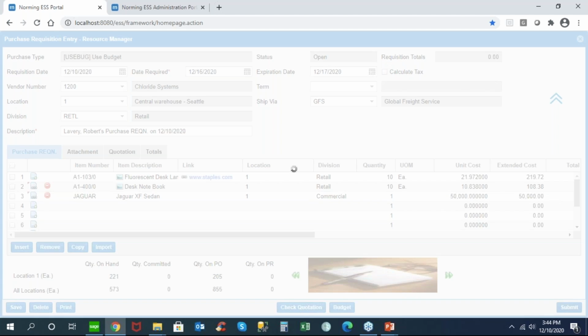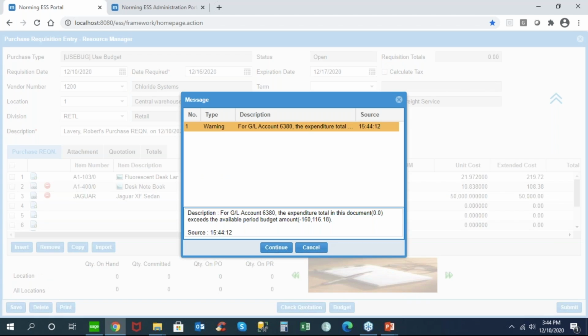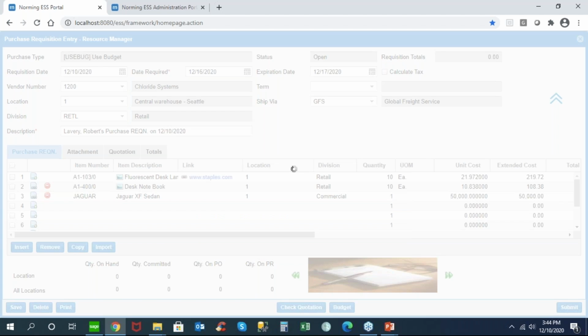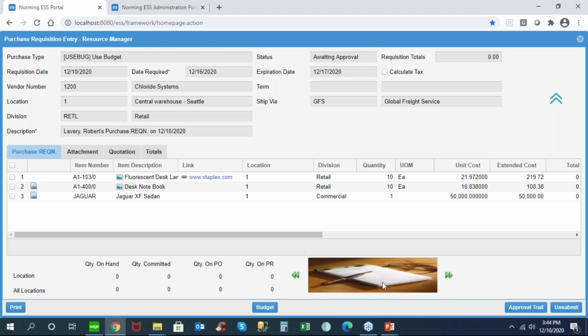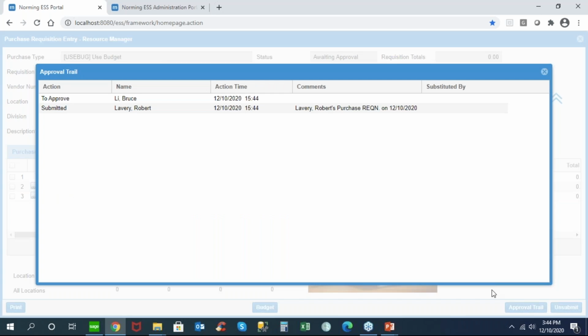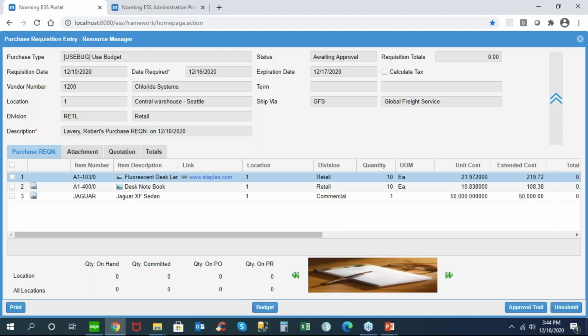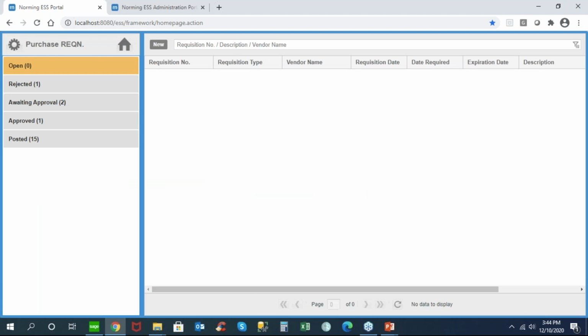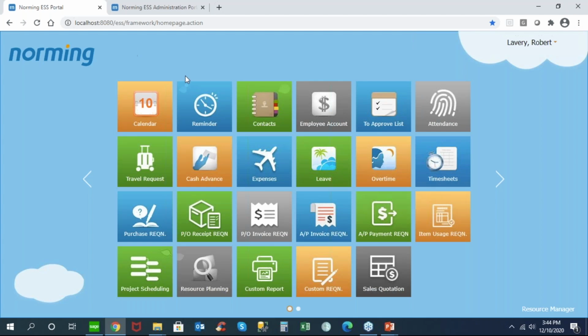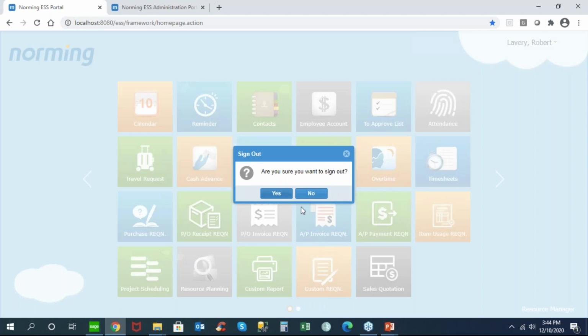So I go ahead and submit it, and you'll see that I get that warning because I'm over my budget totals. But because I flagged this as a warning and not an error, I can continue through this, even though it says I'm exceeding my expenditure total for this period. So I continue, and it exposes the approval audit trail, and you can see that Bruce has to do the approval. So now I would go ahead and open up the approval for Bruce,